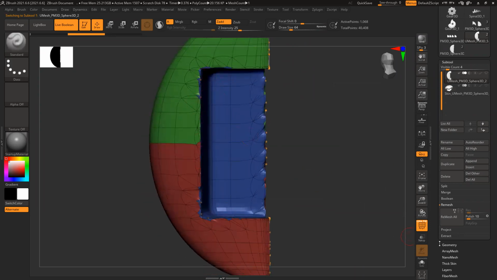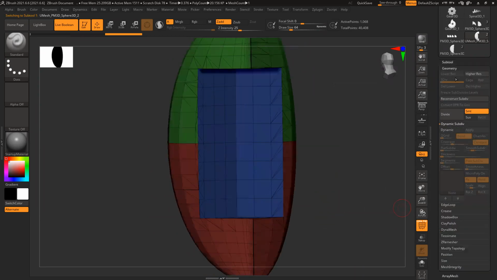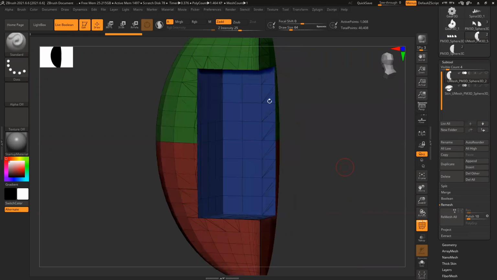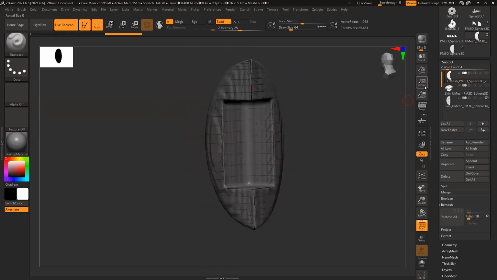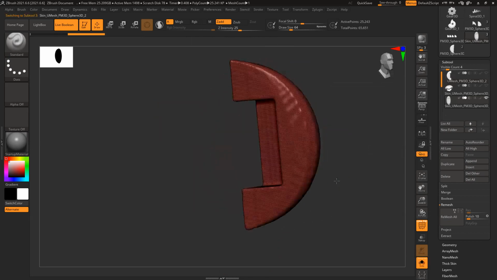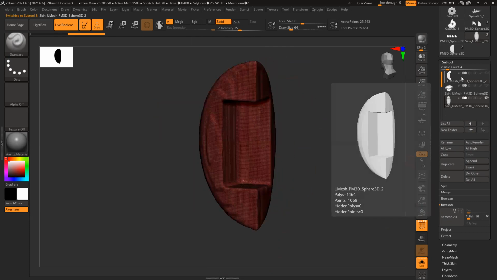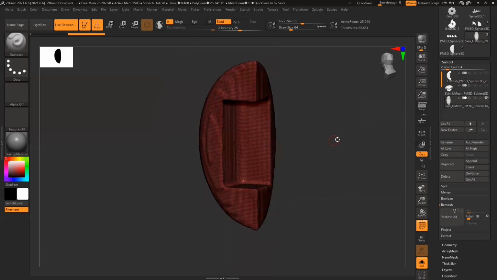Dynamic subdivision is applied here. Now it's showing dynamic subdivision. That's strange because I switched it on. Okay, I'll click this and switch on your symmetry. You can see unify, remesh visible subtool, and you can see this arrow. It basically means symmetry. Click this. So now this time it won't do any symmetry, and it will create a separate tool altogether. It won't affect your base model. It will recreate the model in a separate subtool.